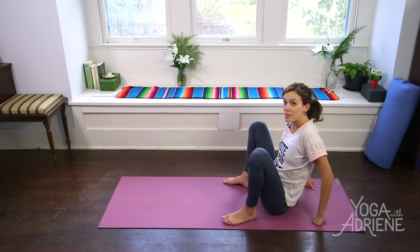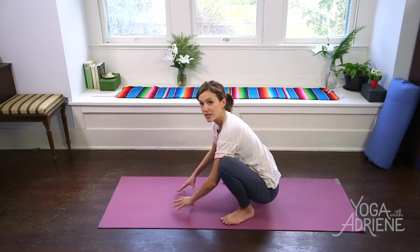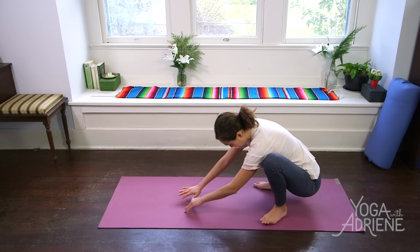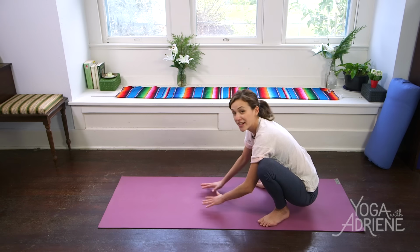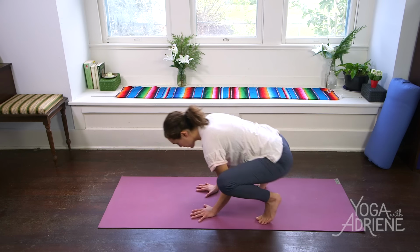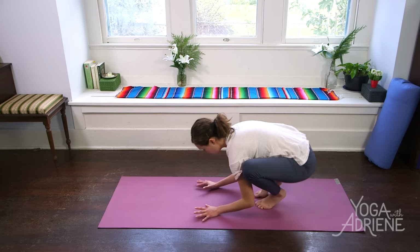Soles of the feet come to the mat. We walk the palms forward for a couple of different options. So I can come into my garland pose variation, or I can come for a little bakasana practice. So palms come down, I walk the toes together, and I might just start by rocking, trying to draw my